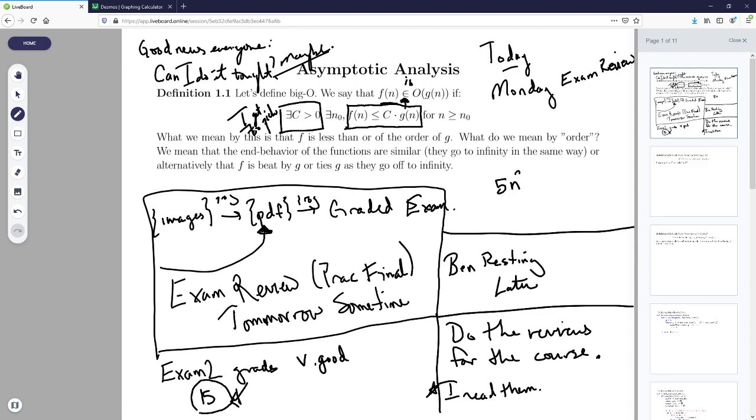So for instance, if we just do an example, if I say 5n squared is big O of n squared, you would say to me, is it or is it not? And the answer is it is, because remember that big O allows us to invent this constant c times n squared. And so what you can always do here is pick this constant to be 6. So this constant is going to depend on the function.